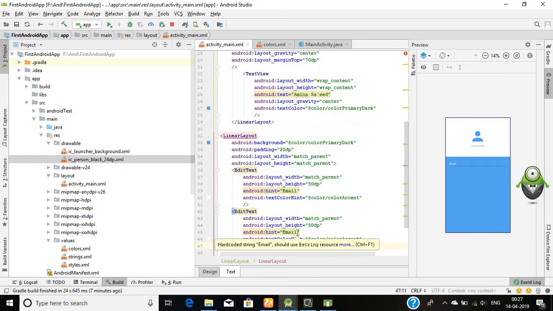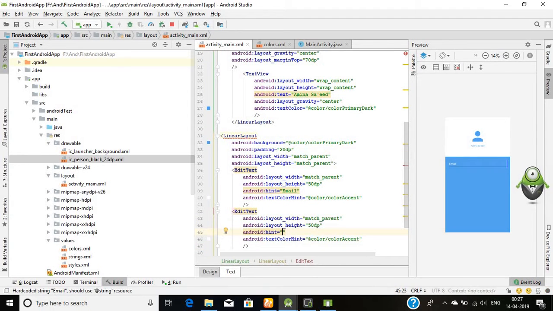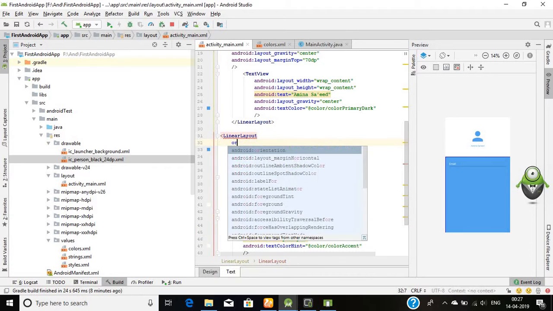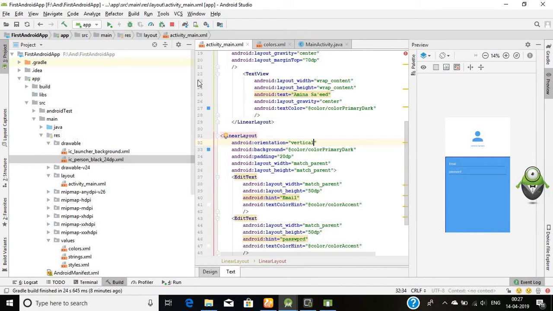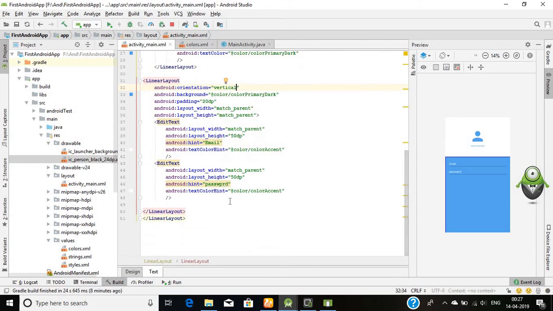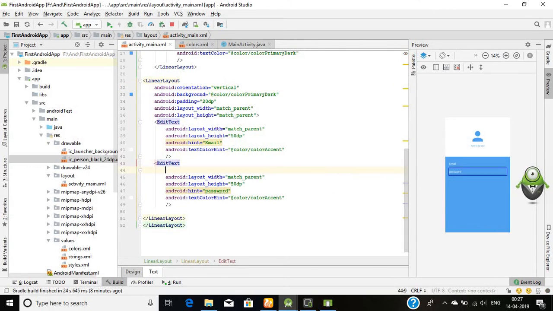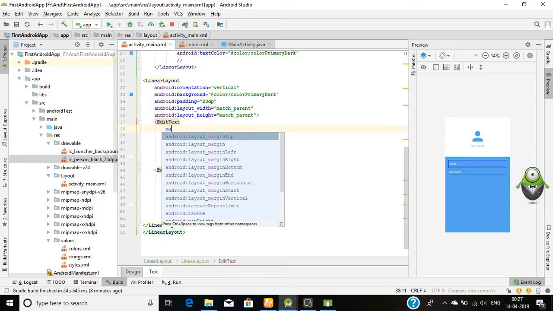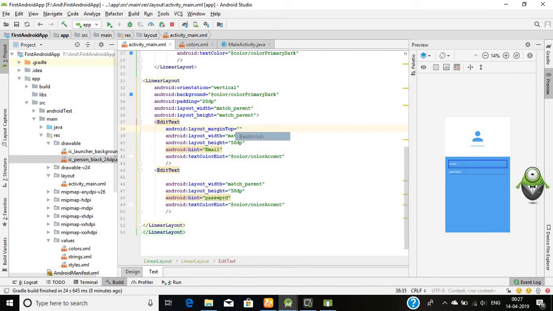and yeah, same I'll copy for the password, and I'll change the hint to password, and its orientation will be vertical. Great, it's here, and margin top will be 50 dp, margin top will be 10 dp, and the last thing that I would like to mention here will be the